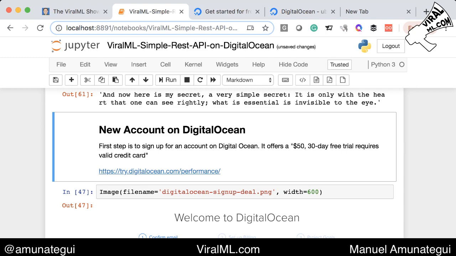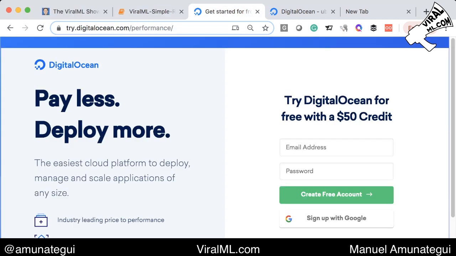But what's cool, there is a way of doing that in DigitalOcean. That's what I'm going to show today. If you go to the link here, it's called try.digitalocean.com/performance. Here you will get